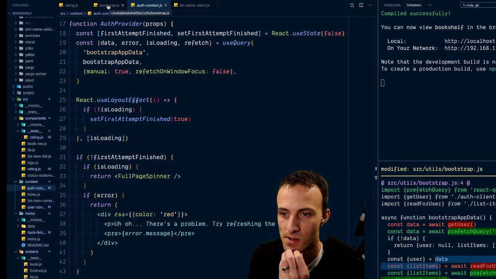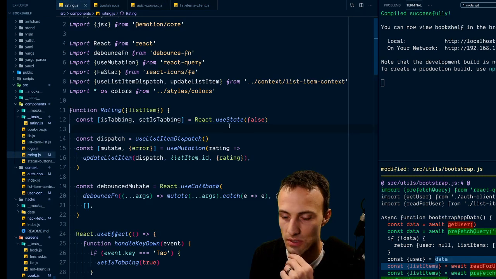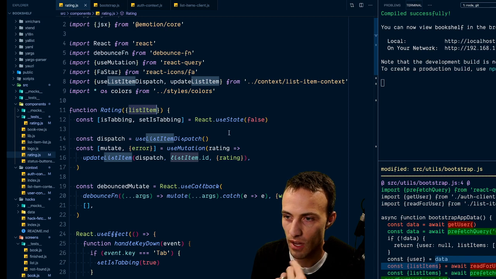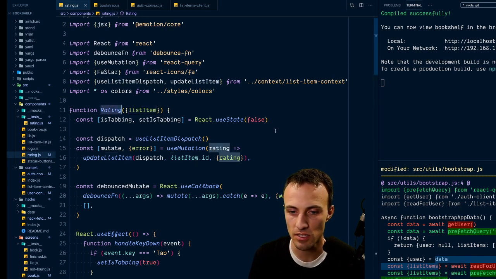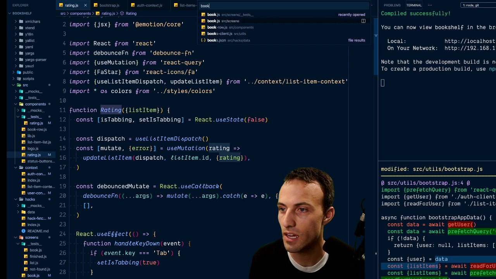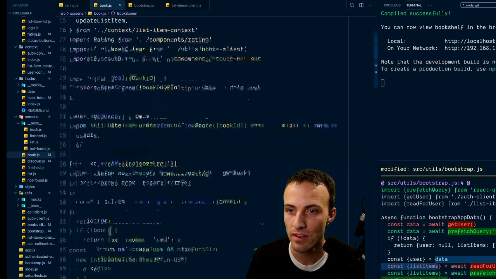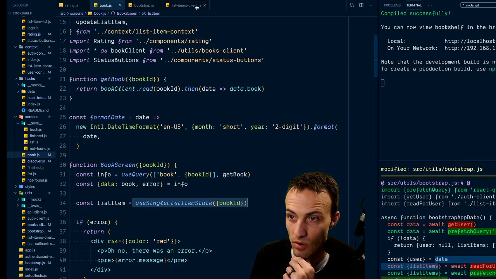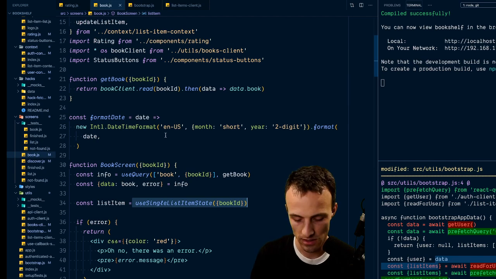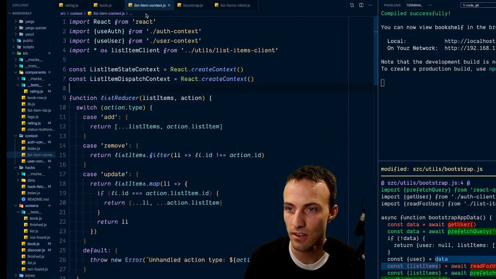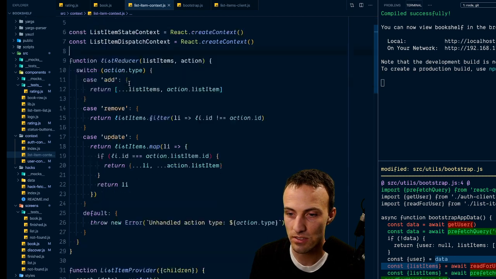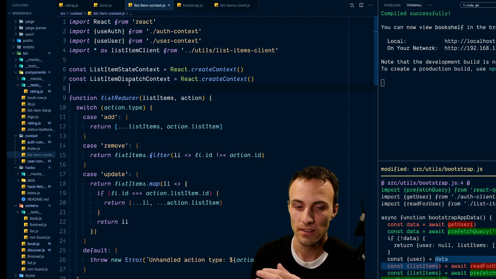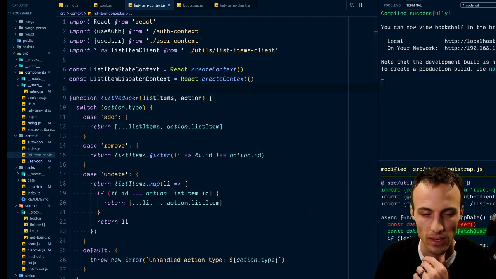So my question to Tanner earlier was, hey, I'm getting the list item here, but what if I wanted, and that list item is coming from the books screen, or the book screen. So here we go, we're on the book screen, and we get a list item from our store, which is hanging out in the list item context here. So if I want to get rid of this list item context stuff and just use React Query to manage the list item data, then here, let me move myself back over. Then,